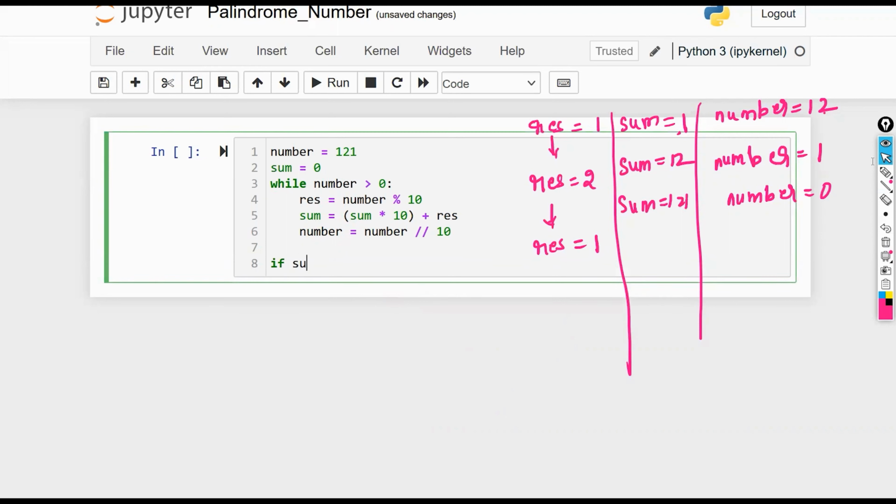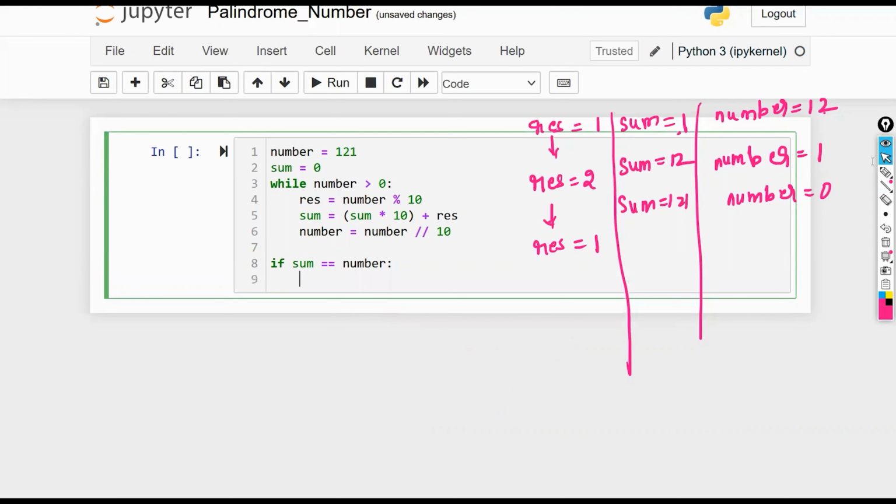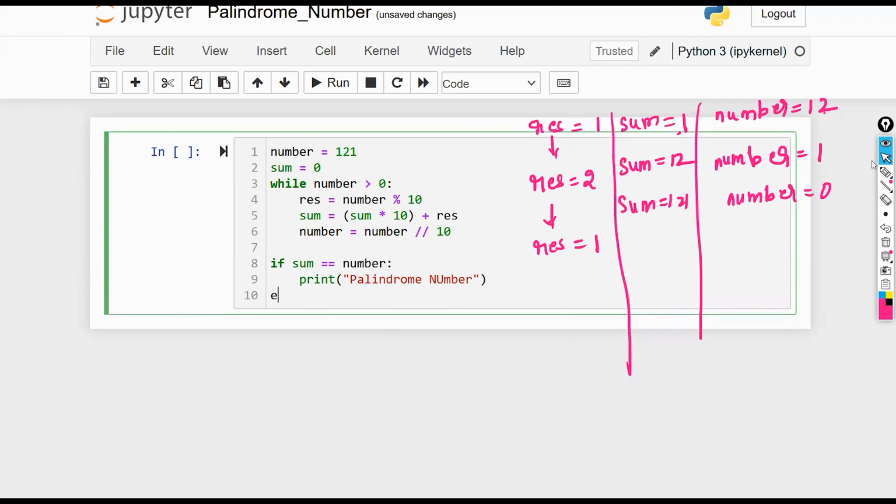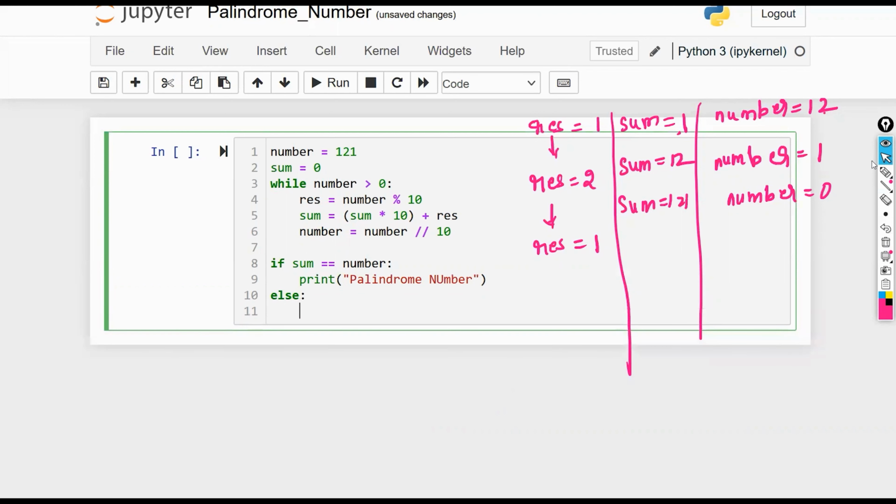So if the sum is double equals to number, I'm going to print it is a palindrome number. Or else it is not a palindrome number. Simple logic. But the output will be, it is not a